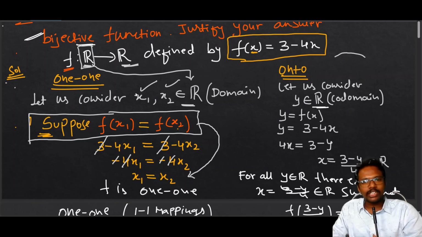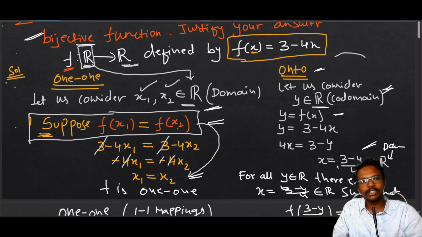The procedure is the same. To find 1-1, first we have to consider two elements from the domain, assume that f of x1 and f of x2 are equal, then solve, and if we get x1 equals x2, then it is 1-1. If we do not get x1 equals x2, then it is not 1-1. When it comes to onto, first we consider an element y from the codomain, and make sure that y is f of x. If y equals f of x, after solving we get x. If that x belongs to the domain,